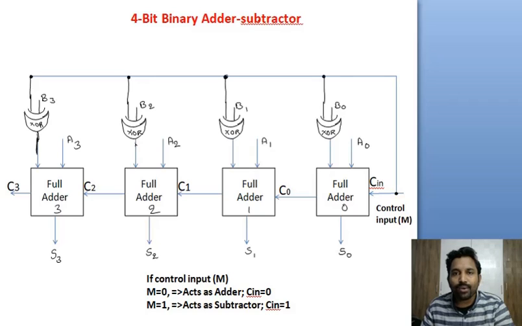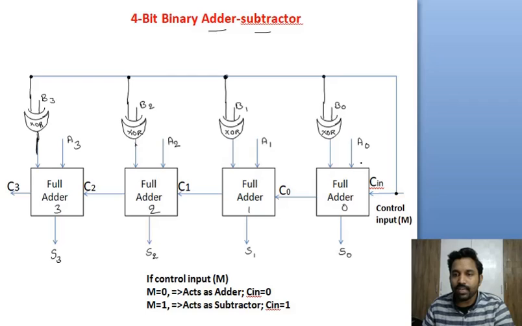In this video we are going to discuss the 4-bit binary adder subtractor. Observe here, the addition and subtraction can be performed in a single circuit diagram. Observe the internal circuit diagram, how it is. Full adder 0, 1, 2, 3, it is a 4-bit. So 4 full adders, and the respective sum outputs S0, C0, S1, C1, S2, C2, S3, C3, the full adders